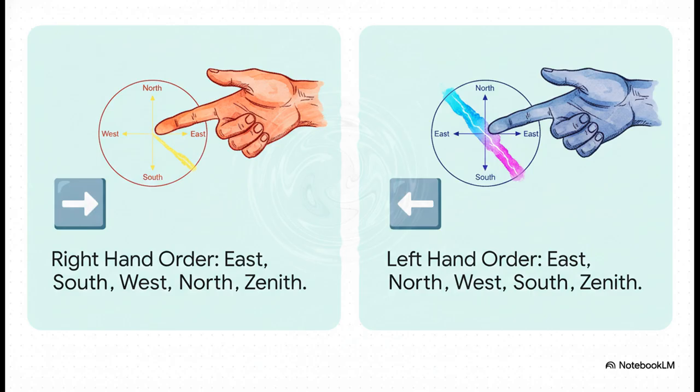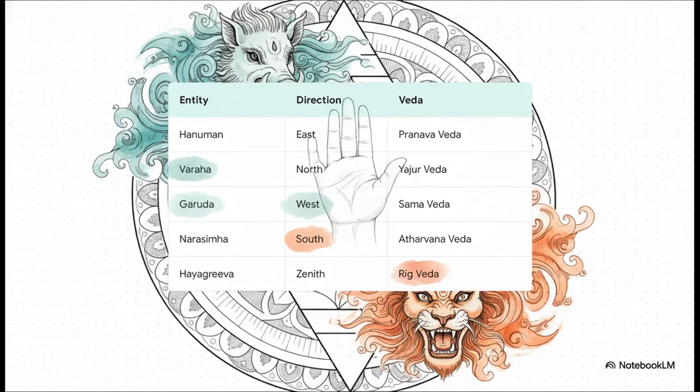The Yajur Veda and the Atharvana Veda just trade places. It's such a simple switch, but as you're about to see, it creates a perfect ripple effect through the entire system. Okay, let's go back to Muladhara, but this time let's look at it through the lens of the left hand. Now look closely. Because the Vedas for north and south have swapped, their corresponding entities, Varaha and Narasimha, have